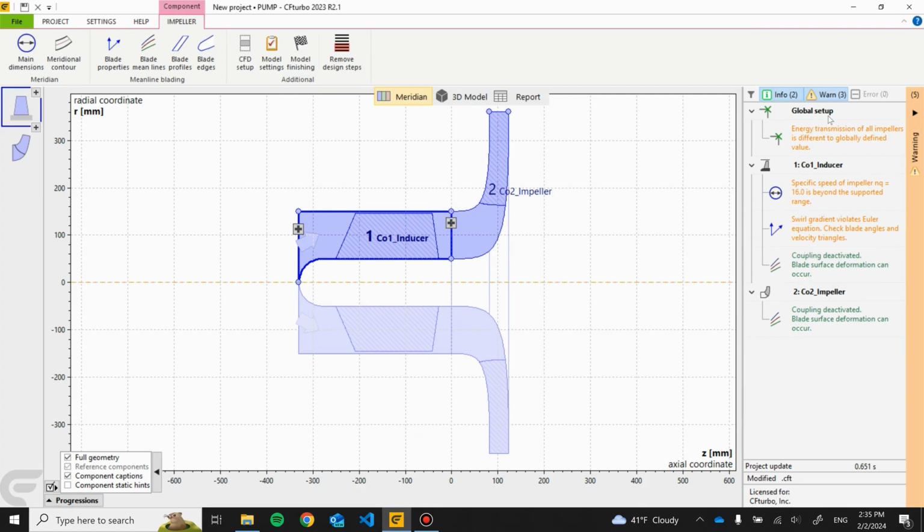Next up is this global setup. This energy transmission of all impellers is different of globally defined value. So basically this is saying that because we define 225 meters for both the head of the inducer and the impeller, it's saying that both are designed to reach that value independently. But in reality, we want the inducer to have 5 meters of head and the impeller to have 220 meters